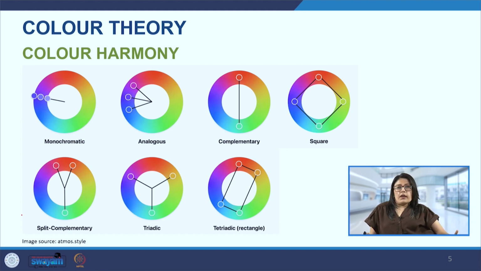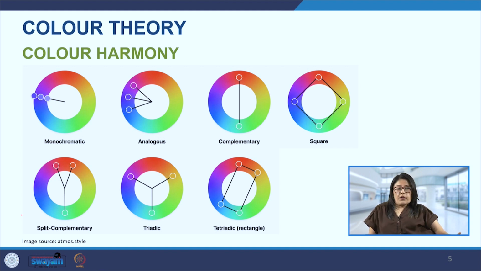So when we take one hue and we add white or black to it, that creates the monochromatic color theme. So for example, if we take blue and add a little bit of white to it, and then also to the hue blue we add black, it will create this monochromatic theme for us. Then we have the split complementary. So these are the combination of complementary and analogous color schemes. So we have two neighboring colors and one on the opposite spectrum of the color wheel. So that gives us the split complementary.